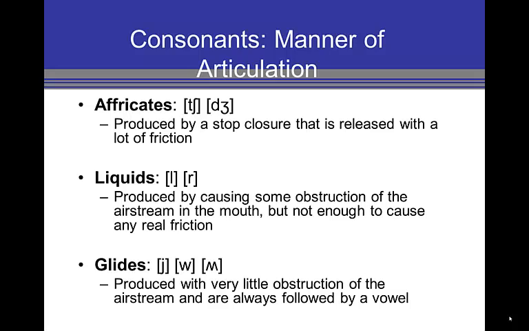Glides are produced with the least obstruction of all the consonant types. They are a lot like vowels in many respects phonetically, but they do behave as consonants. The glides of English are the palatal glide y and the labiovelar glide w. The w is called labiovelar because we actually make constrictions both at the lips and at the velum when we